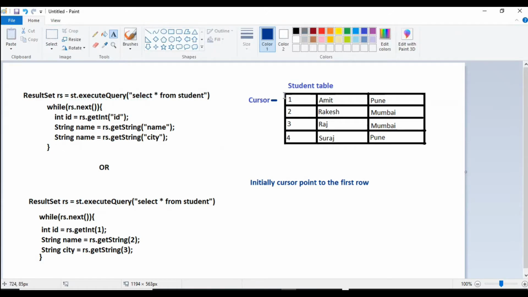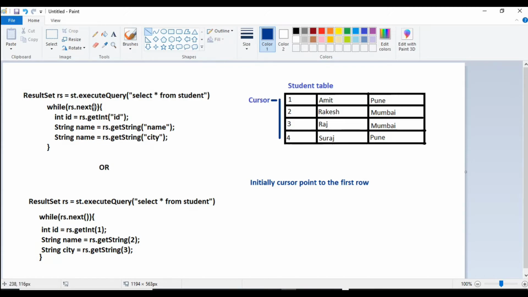Initially the cursor points to the first row. So we will create a while loop and call the next method. The next method returns a boolean. As long as there is data in the table, the cursor will move one by one.